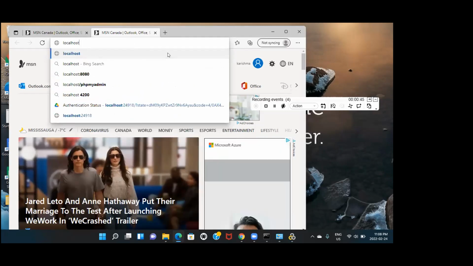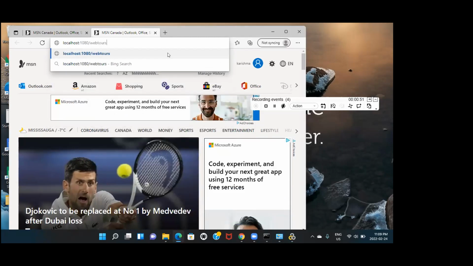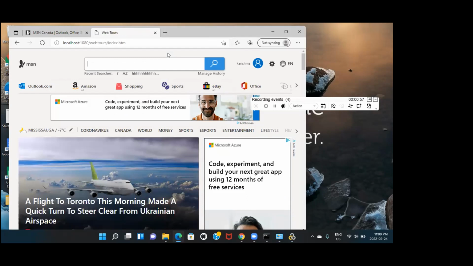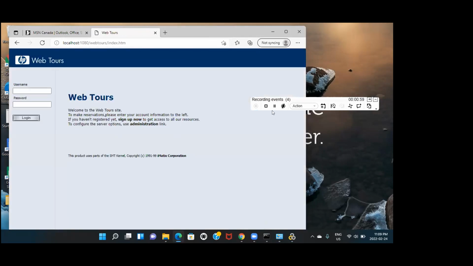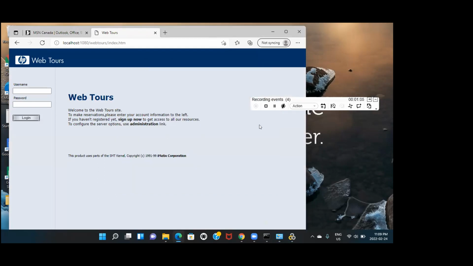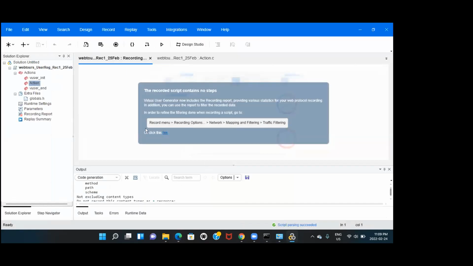Seems like there is some keyboard issue on your machine. Okay, let me stop recording and make sure of this. Click continue. If you get this option, click continue. Stop recording. I just want to make sure that, okay, the recorded script contains no steps.